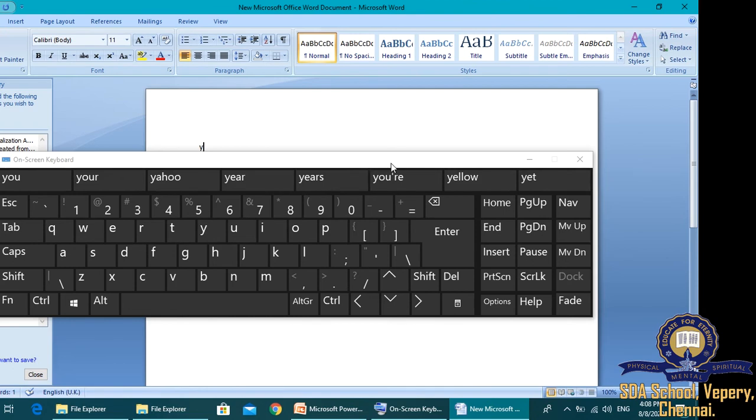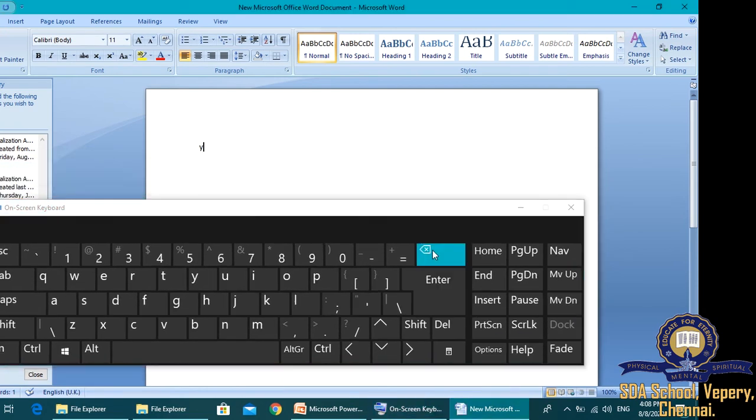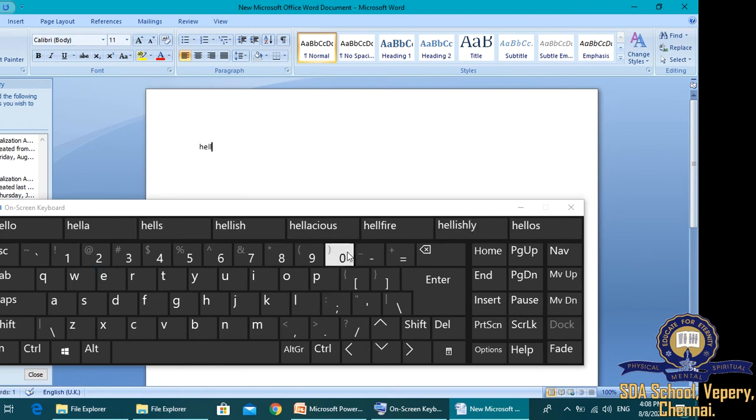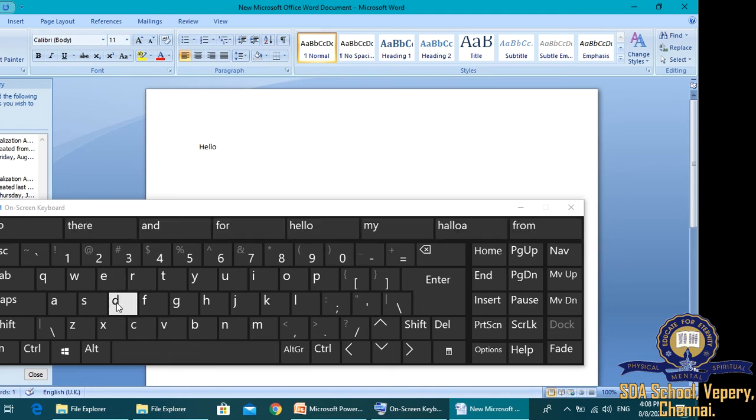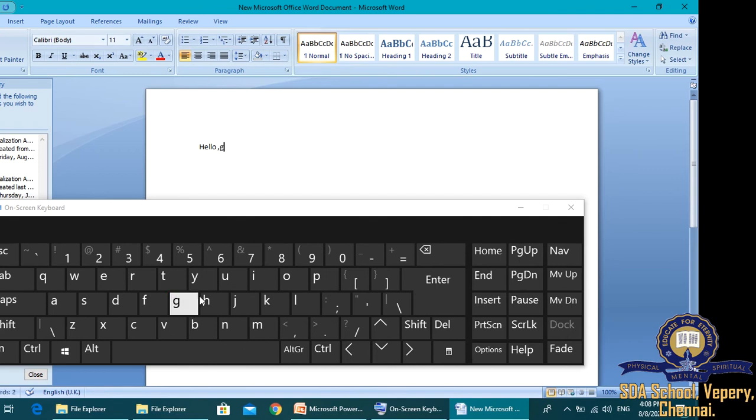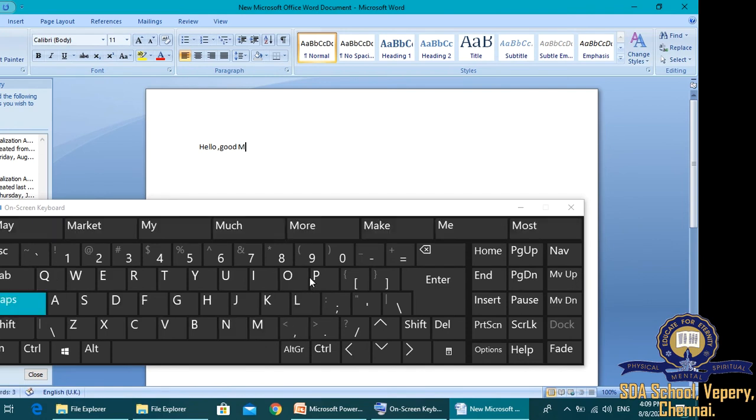Hello. Can you see, children? Space button. Then good morning. If you use the caps, then okay. Can you see, children? This is the use of the on-screen keyboard.